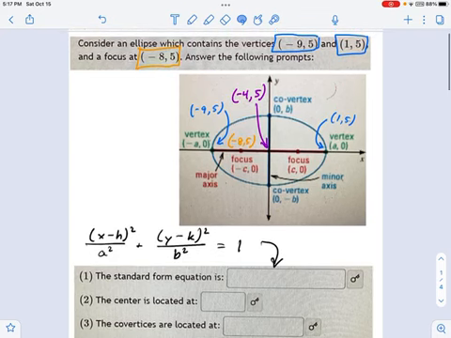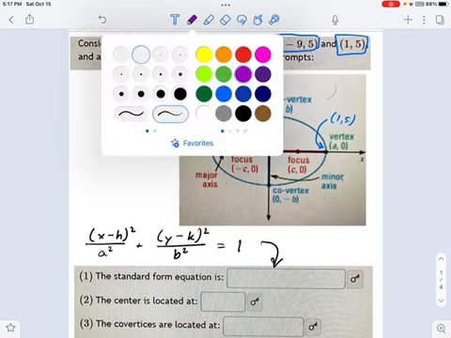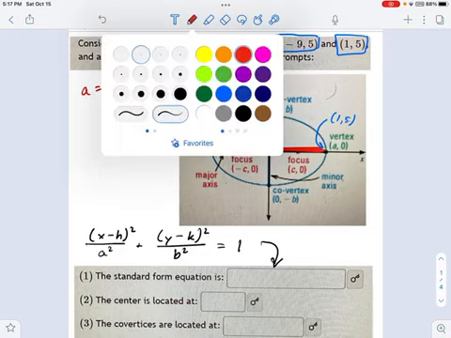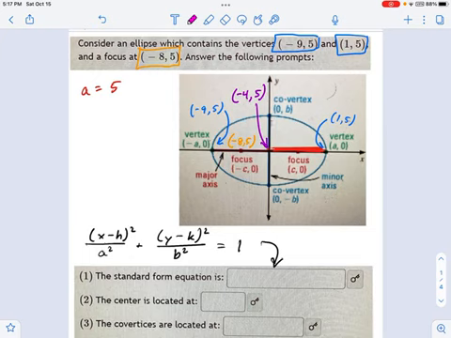So for this one, since we know it's horizontal, here's what I'm going to say. This distance right here that I'm highlighting in red, that's going to be my A value. That's A, and you can see that goes from negative 4 to 1, so that gives you A equals 5. And this other distance that I will do in magenta, this is my B distance, that's the semi-minor axis. So it goes from negative 4 comma 5 to, oh, we don't know. Okay, well, that's interesting.